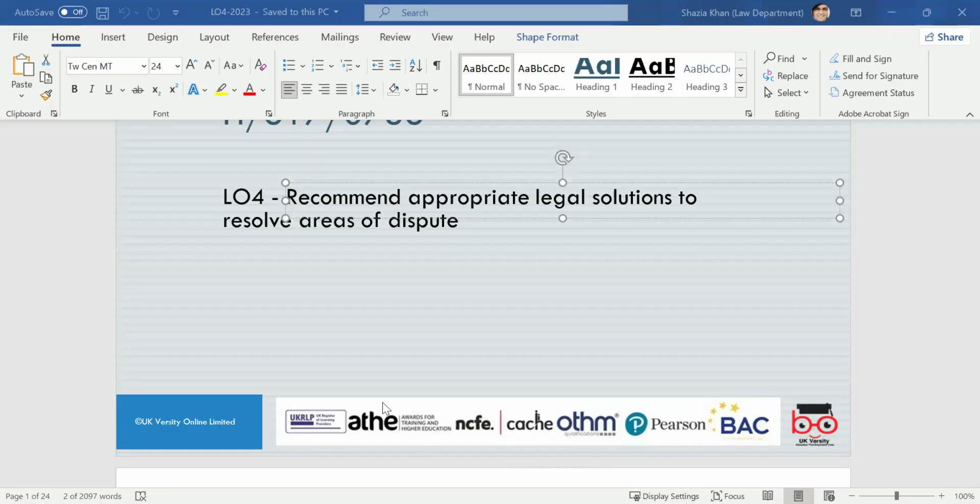So in the last session, for learning outcome 3, we looked at elements of the different nature of formation of a business. So we looked at the different formation of different types of business organizations. We looked at the nature and formation of a company. We looked at unincorporated and incorporated legal structures. We also looked at the different types of business like sole trader, partnership, and registered company. We looked at Companies House and what their role was in regards to starting a business. We looked at the meaning of what a company means.